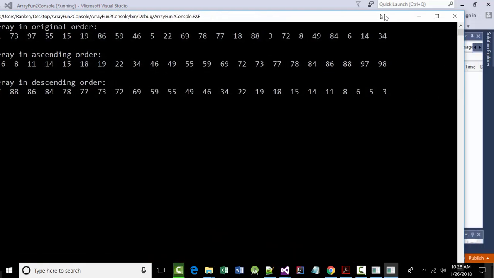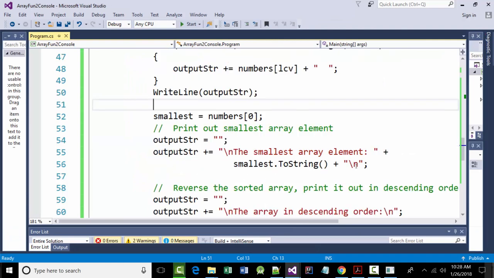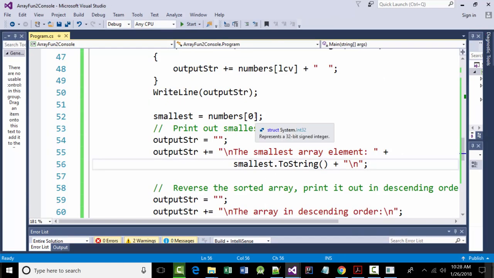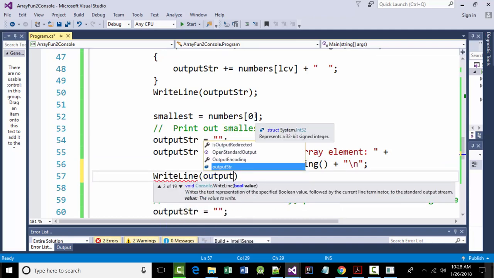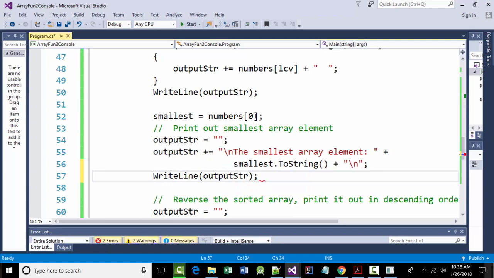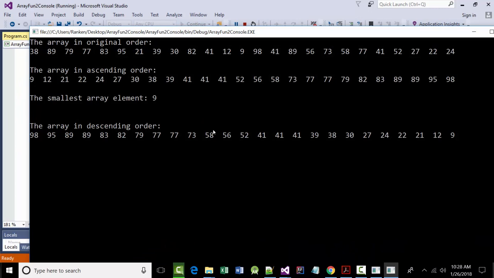Oh, I know what it is. I never did a write line. I need a write line of output string. All right. Now let's look. There's the smallest. In just a second, it's going to look just like this, but now it'll say the largest